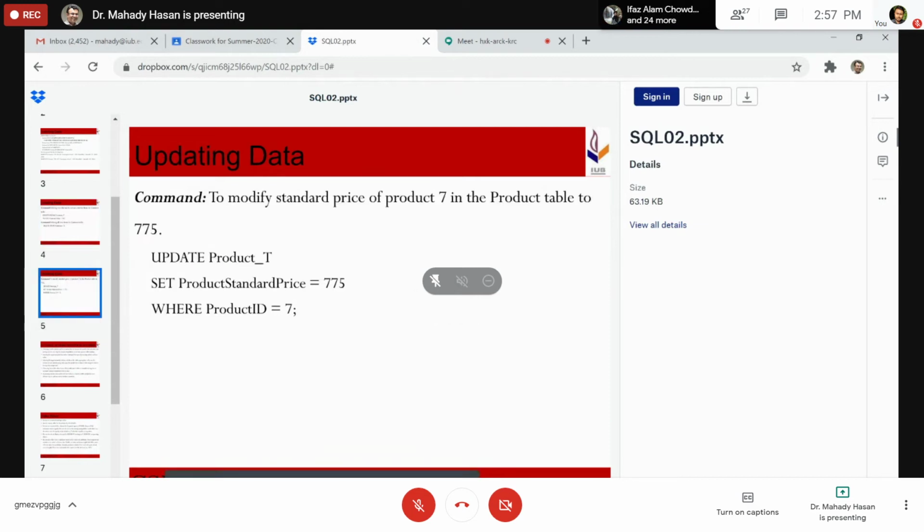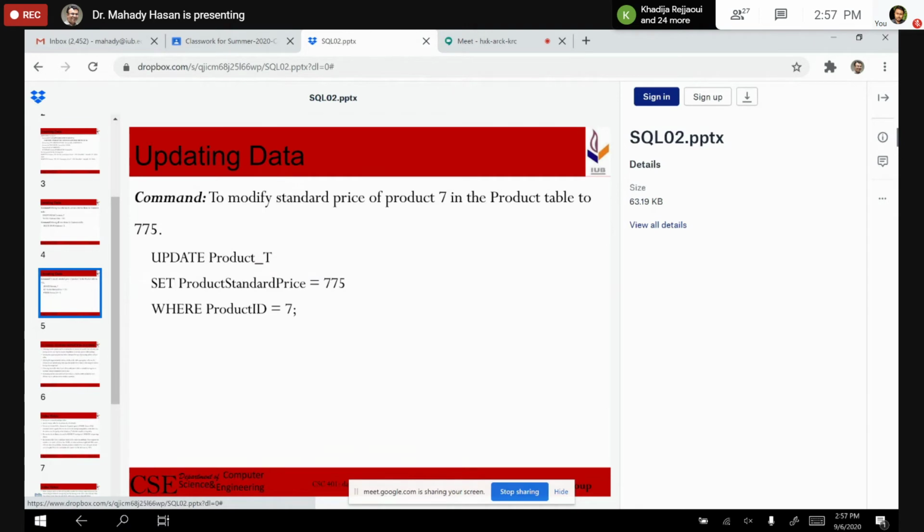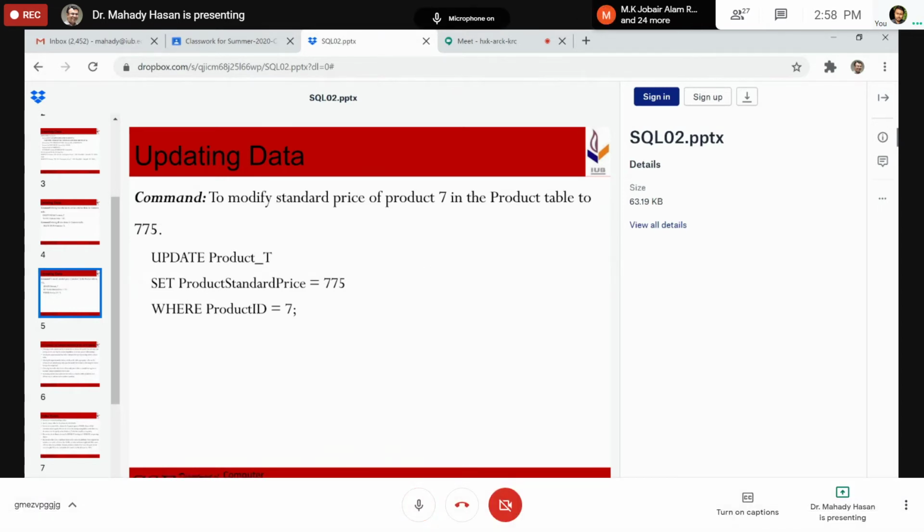Sometimes we might use update. Here you can see we mention update product T, and set product standard price equal to 775, where product ID is equal to 7. What are we doing here?